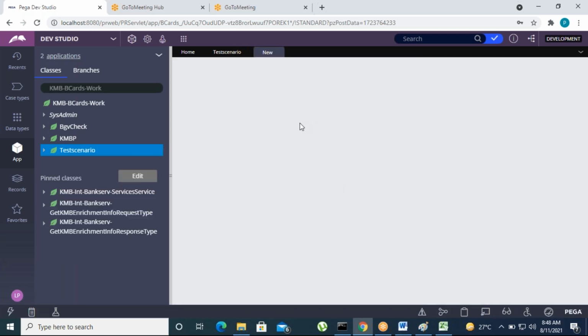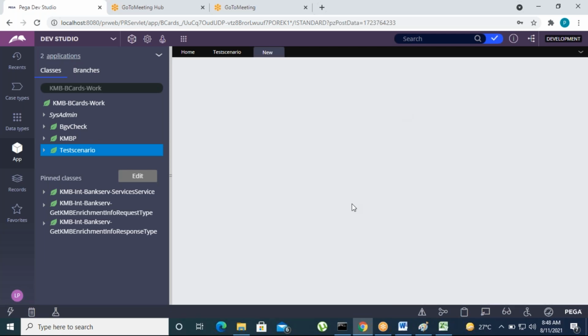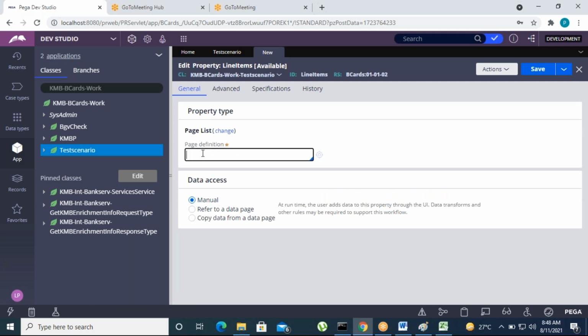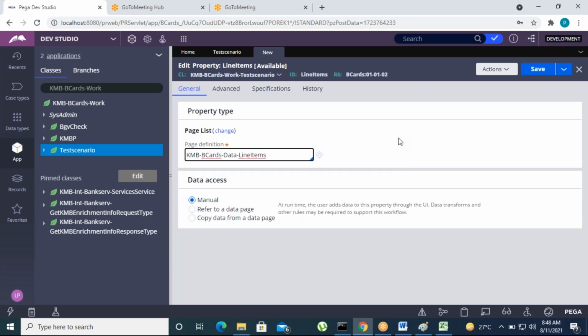This property's data type is what? Page list. Data type is page list, line items only. Create and open. In the next step, we define the data type of this property as page list. We will be asked for the referencing class, Kotak Mahindra Bank hyphen. So add the reference class here, that is Kotak Mahindra line items. Okay, this is the referencing class.